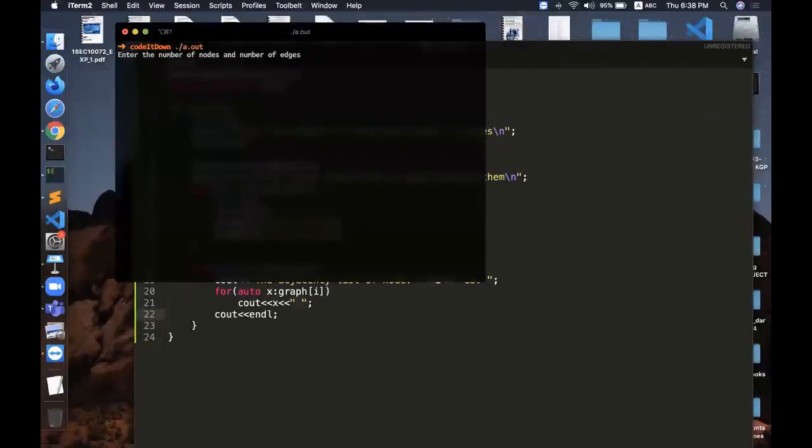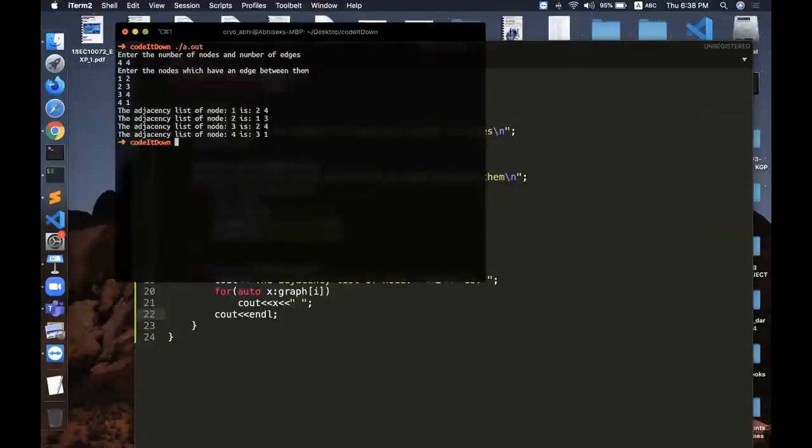We have four nodes and four edges. So enter the nodes which have an edge between them. I have an edge between 1 and 2, an edge between 2 and 3, an edge between 3 and 4, and an edge between 4 and 1.